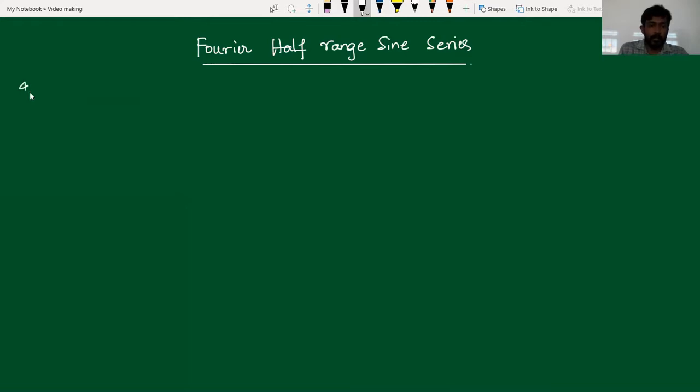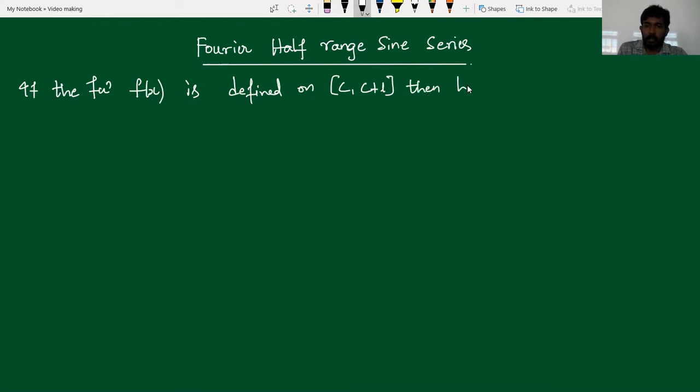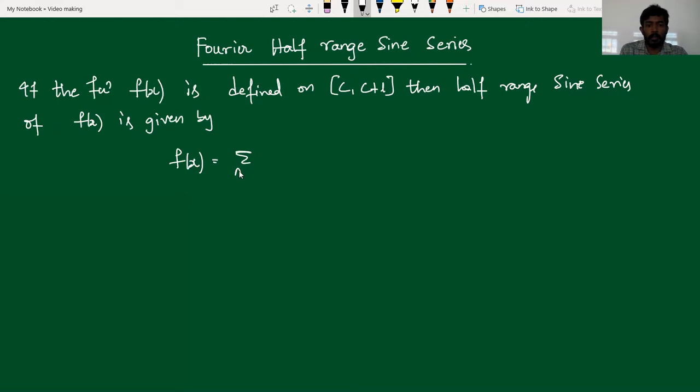For that, we consider if the function f of x is defined on the interval c to c plus L, then the half-range sine series of f of x is given by the formula f of x is equal to summation n running from 1 to infinity bn sine n pi x by L, where